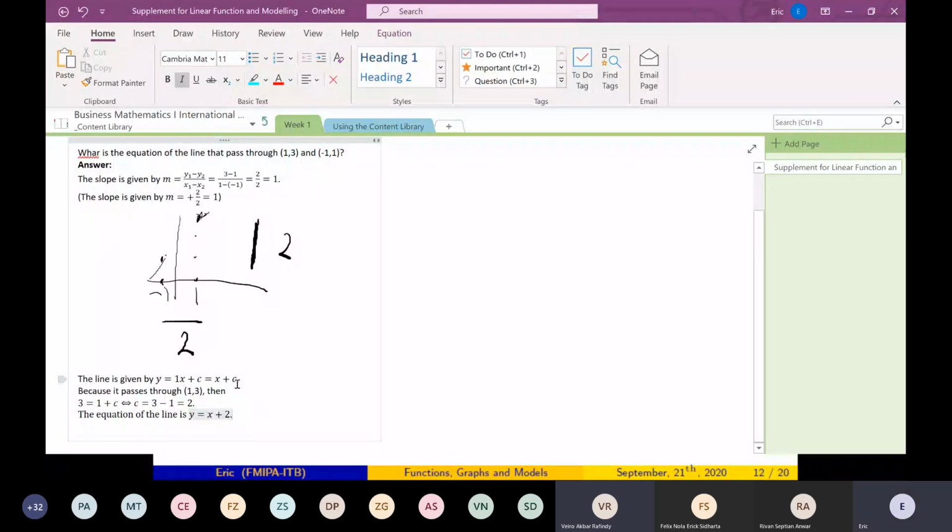Very good question. Thank you, Vero. So you can use either point. It doesn't matter. Why? Because the line we seek passes through this and passes through this. So if you substitute this, it will be right, and if you substitute this, it will be right also. So let's try 1,3. If you substitute x equals 1, what do you get for y? 1 plus 2 is 3. What about if you substitute x equals minus 1? Minus 1 plus 2 is 1. So y should be 1, the same.